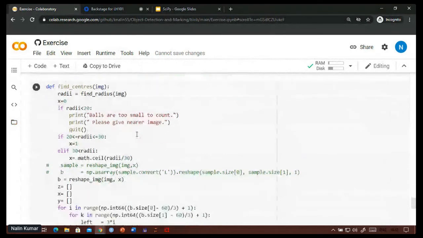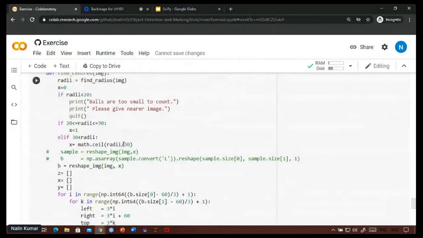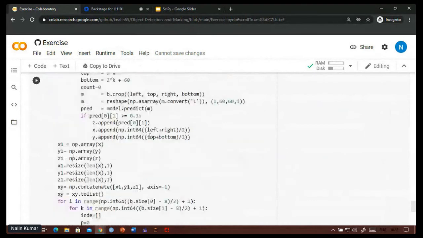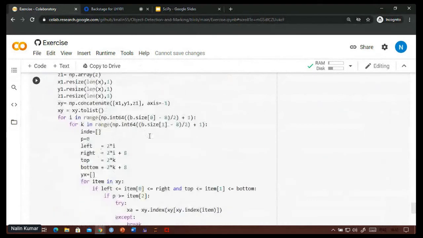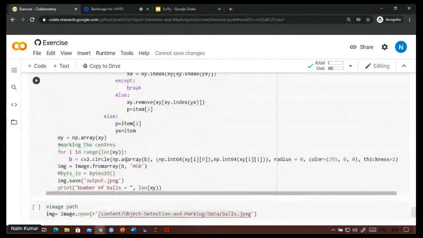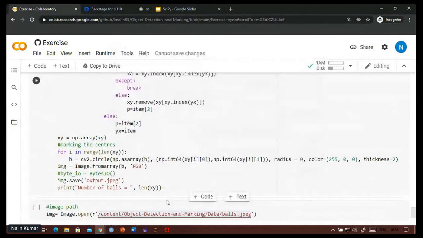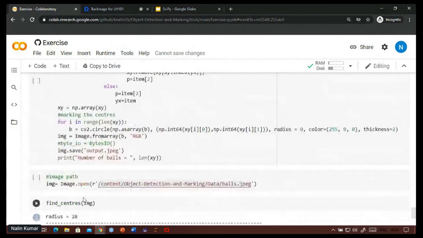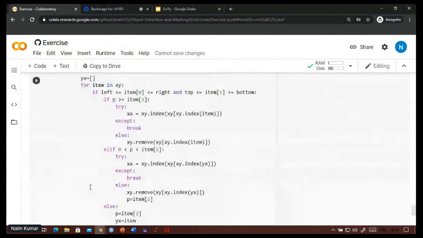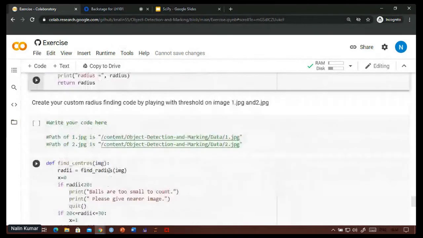Now, after removing the duplicate centers, you just count the markings you have, and that is the number of objects in your image. We can try out a few.